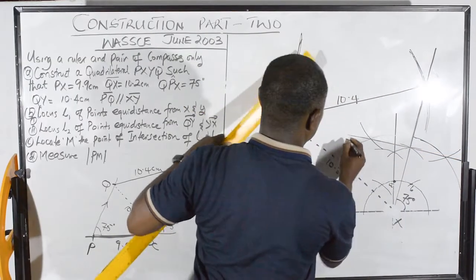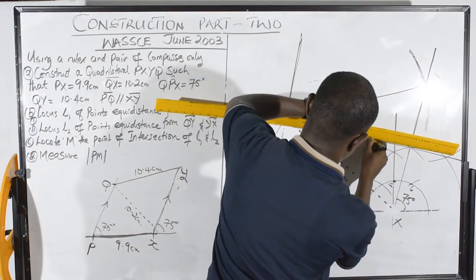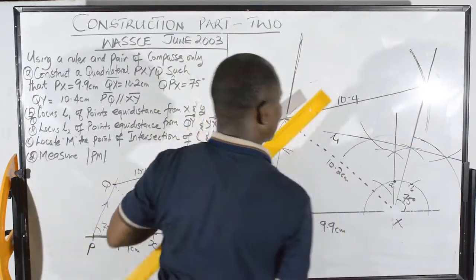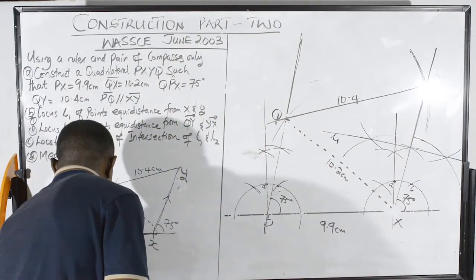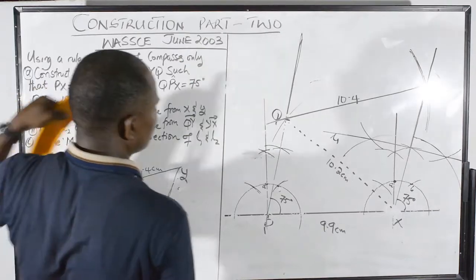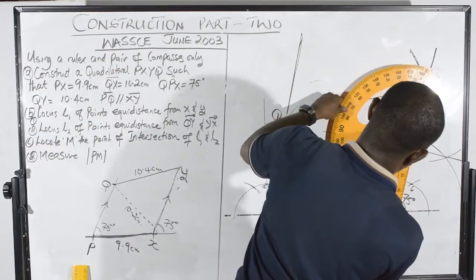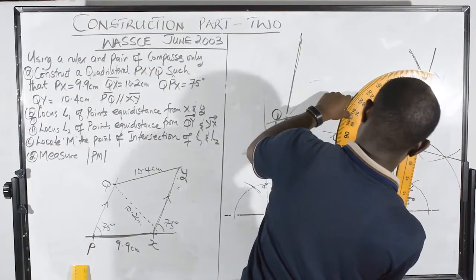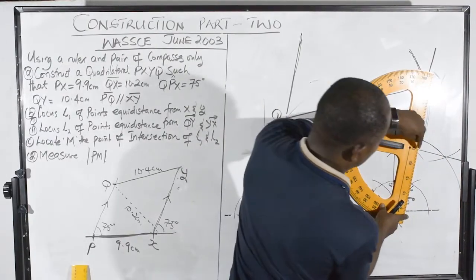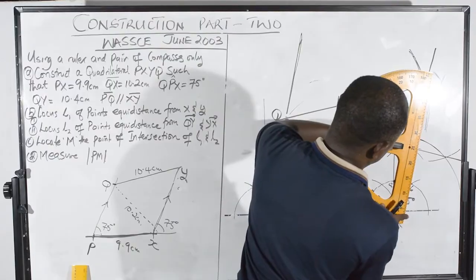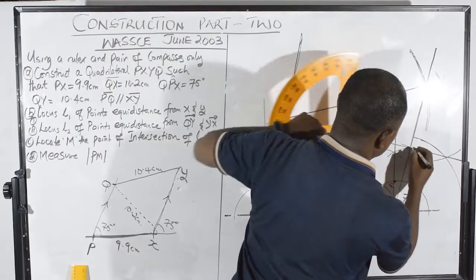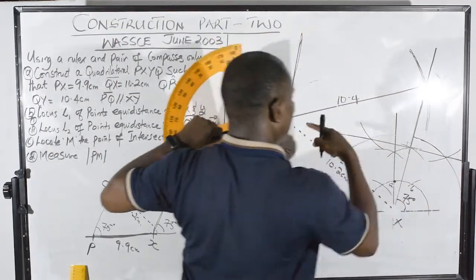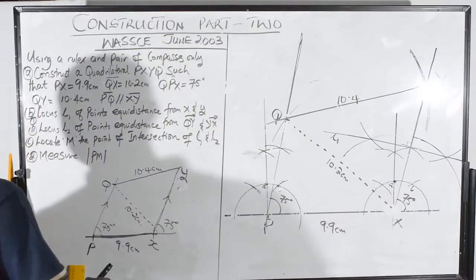So we've got the locus. That is locus L1. I call it L1. So locus L1 is perpendicular. If you look at it there, it's supposed to have a perpendicular. It is perpendicular to that point here. So it's going to be 90 degrees. That's what you mean by that locus. So I use the perpendicular 90 degrees. So now we have already measured that.